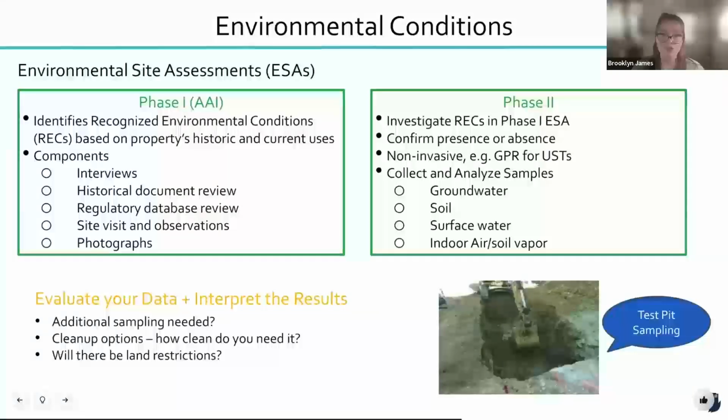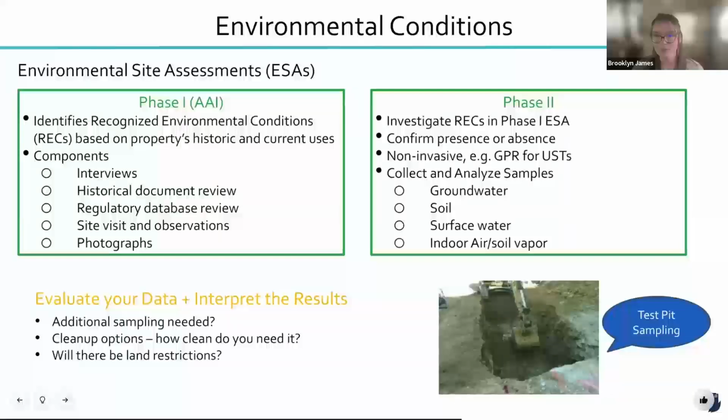Under the phase 2, this is where you're going to investigate the RECs, confirm the presence or absence of contamination with sampling, whether that be in the soil, air, soil gas, the groundwater, and the surface water. So someone will come in, take the samples, take them back to the lab, analyze them, see what's there, how much of it, and then the next step would be to figure out what you're going to do to address this